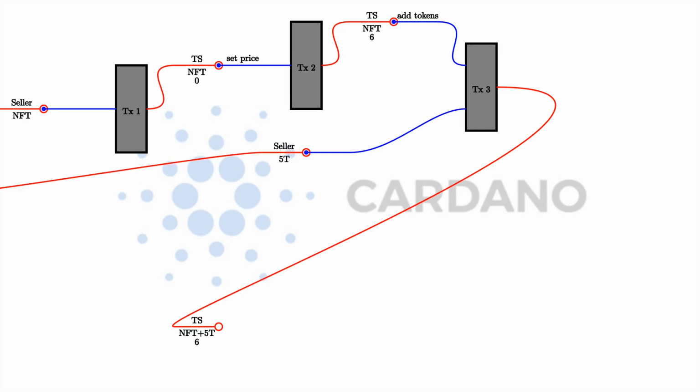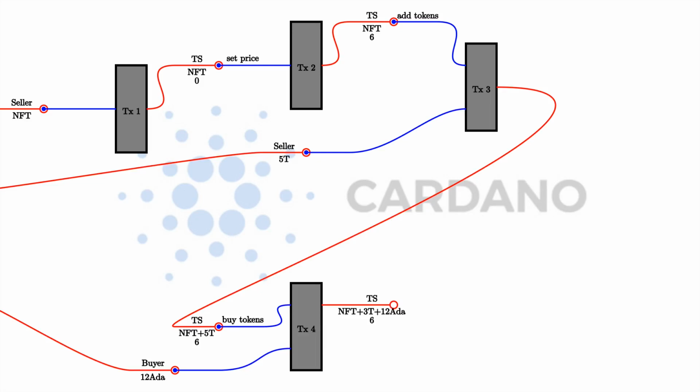Now for somebody to buy tokens, the buyer needs to create a transaction that, of course, again has as input the UTXO sitting at the TS script address and the buying price in ADA. So if somebody wants to buy 2 tokens, you would create a transaction that has as input the price, 12 ADA, and the UTXO at the TS script address. Then there are 2 outputs: one the updated contract state, where now the tokens are taken out and the price has been added, and one output going to the buyer with the tokens he just bought.